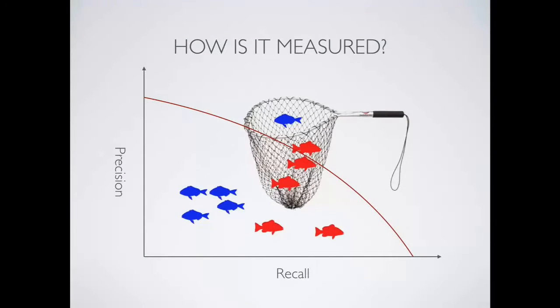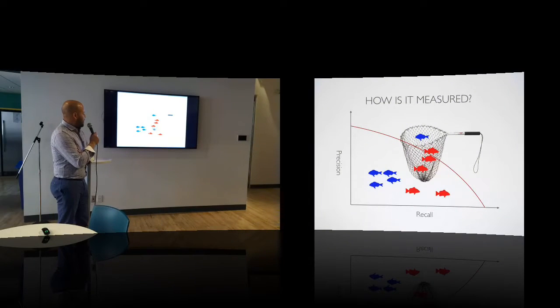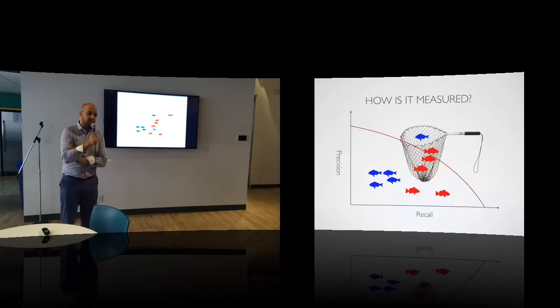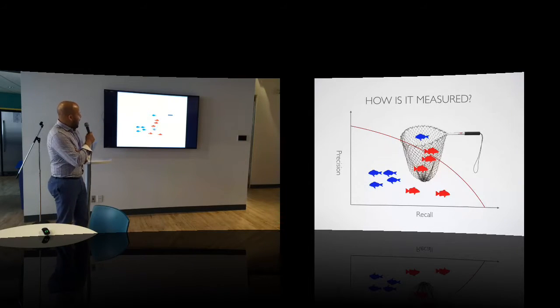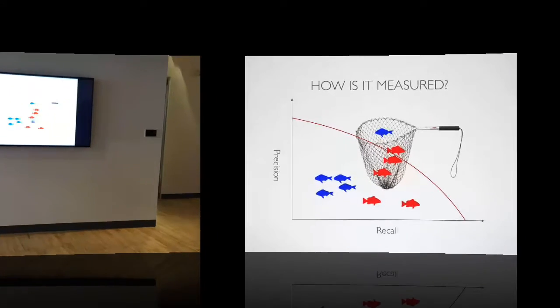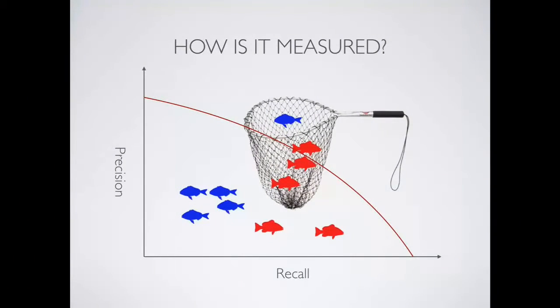But all that is good, but how is it measured actually? How do we measure relevance? There are these two concepts of recall and precision. Let's look at recall as quantity. I have this image here. Let's say you're just swinging your net and you want to catch as many redfish as you can. You can have as an objective to catch a lot of fish, but then your precision won't be high, so you get a lot of documents that are not necessarily relevant to your query. Or you can catch just redfish, but they're not actually a lot. So the relevance actually is to have that balance between recall and precision.